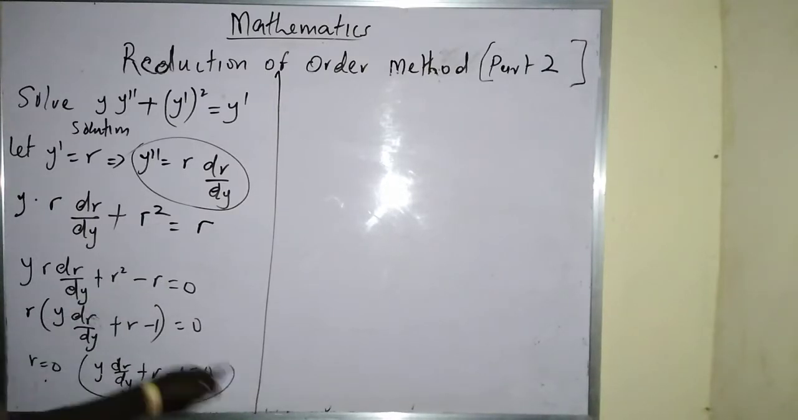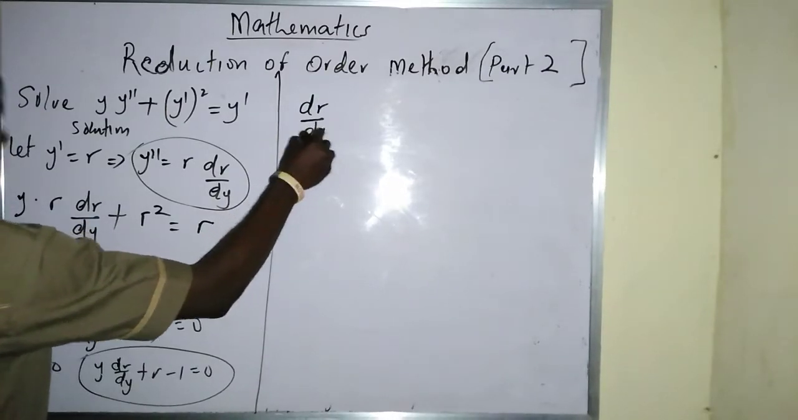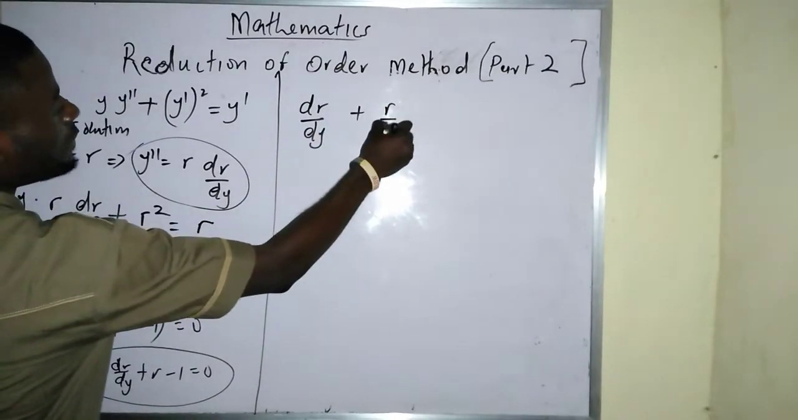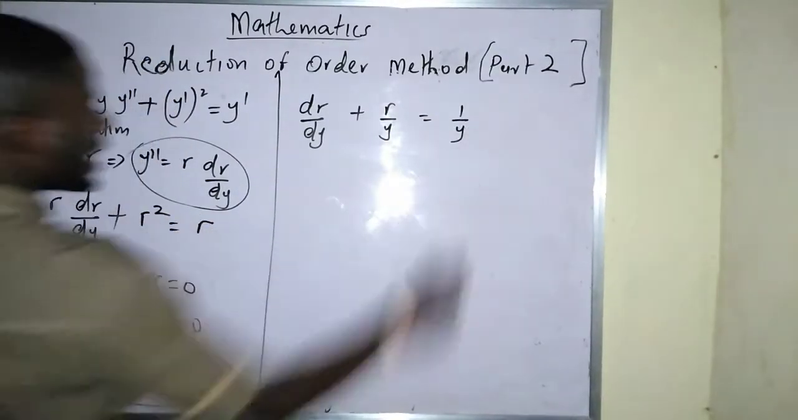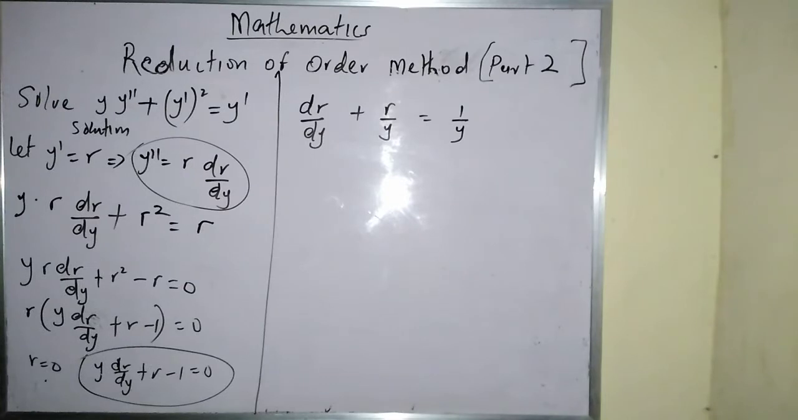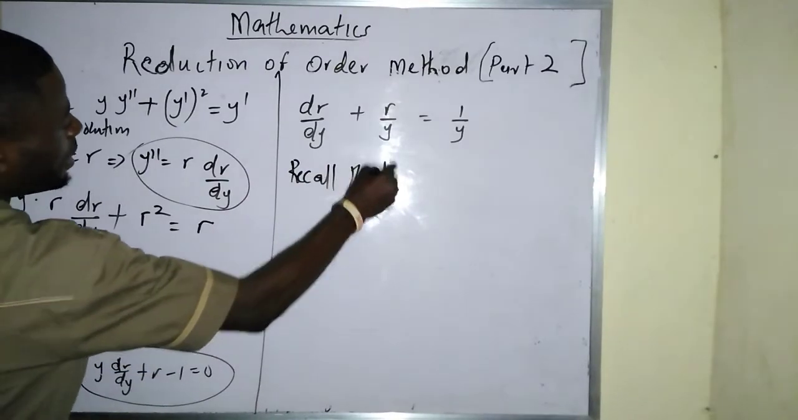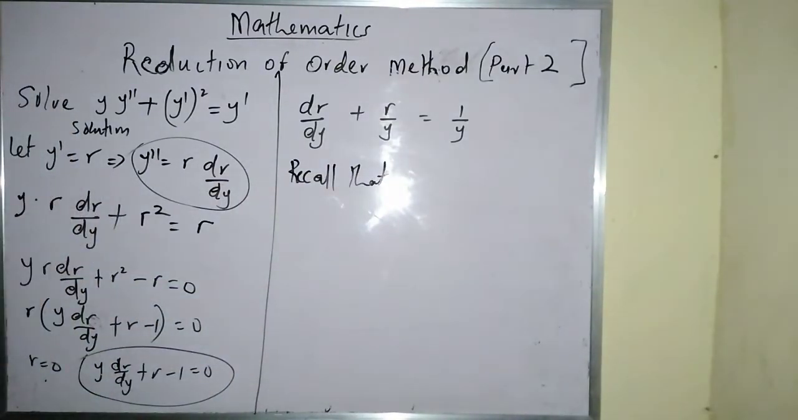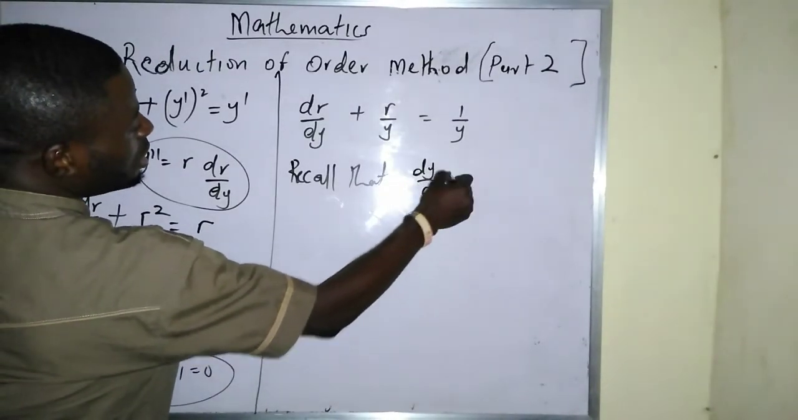I will now move on by working on this particular aspect. I will have dr over dy plus r over y equals 1 over y. If I have this type of equation, what can I do? I work towards my integrating factor. Recall that my integrating factor is always equal to e to the power of the integral of dy over x plus